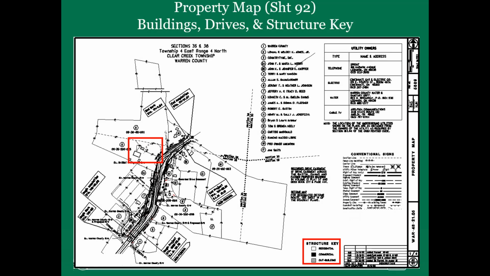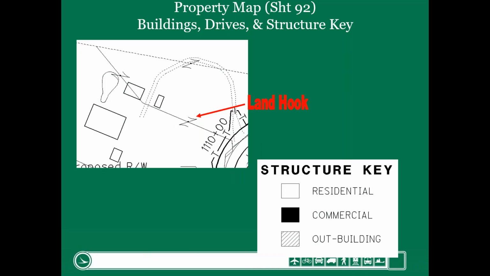And then as for buildings, drives, and structures, remember that structure key that I showed on the legend sheet: residential, commercial, and outbuildings. Well, this happens to be all the buildings, so it would appear from the structure key that they're all residential properties. I will tell you this project was built a long time ago. We found out afterward that this was actually an outbuilding, so was this and this one. I bring this up to make sure that everybody understands, the designer did the best they could.